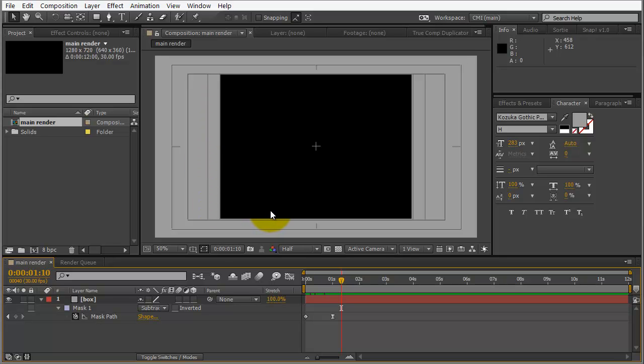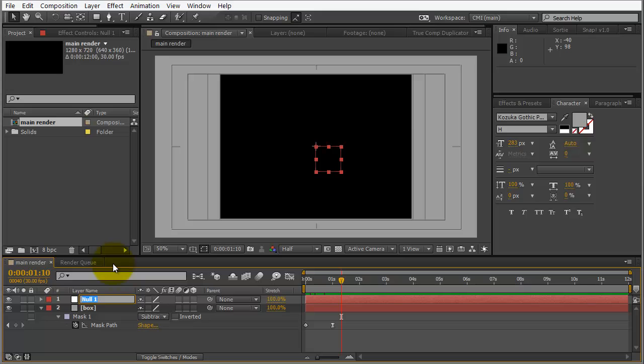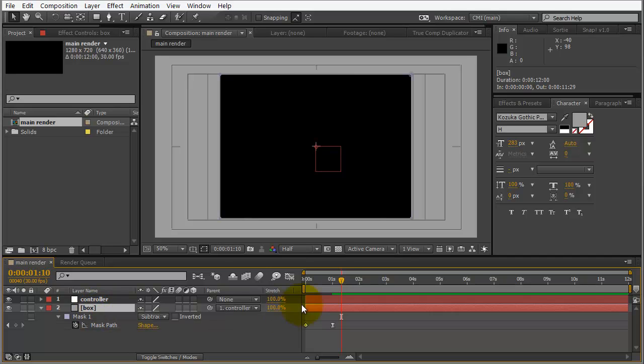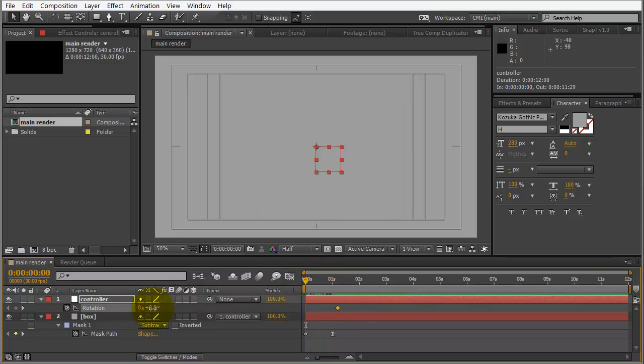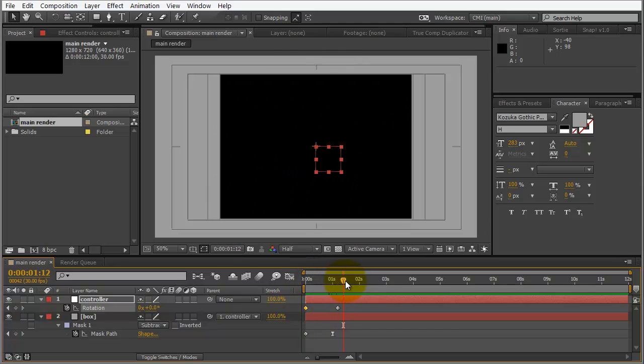Now we're going to have a lot of elements rotating, and we want to be able to rotate them all together. So let's do that using a null layer. So go to Layer, New, Null Object, and let's name this Controller. And I'm going to parent my box layer to the controller. And I actually want to see those keyframes, U. So if we look at the rotation here, I want to set a keyframe for rotation, and we'll go back to the beginning, and I'm going to set this for 180 degrees. So now my box will rotate in as it